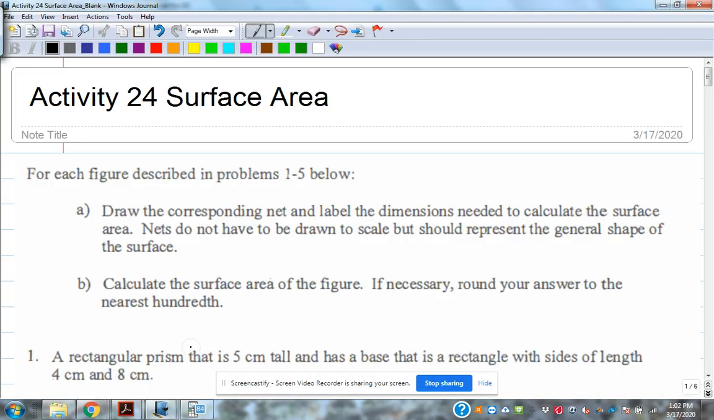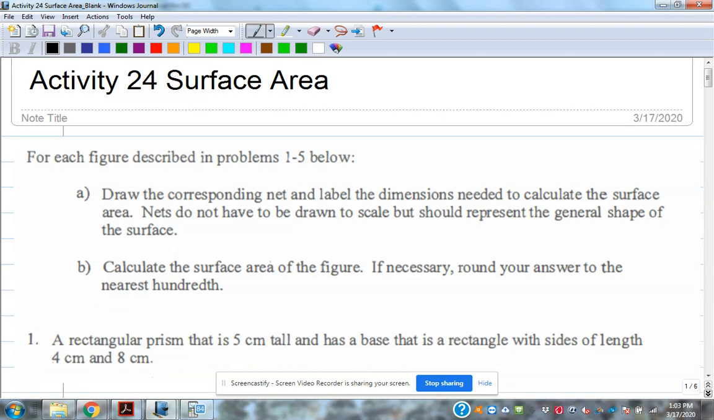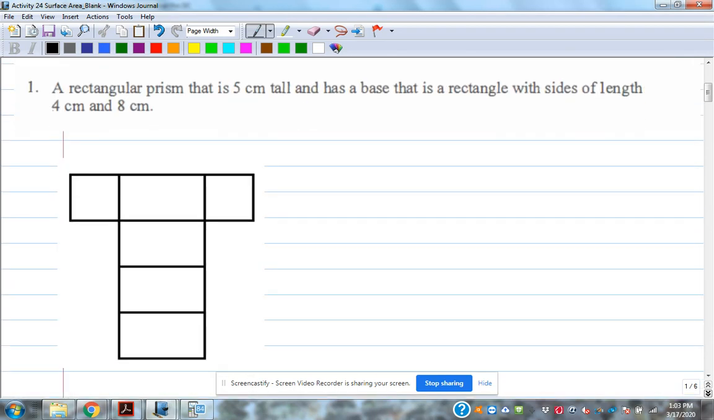All right, so with each of these problems, we're going to draw the corresponding net, and then label the dimensions that are needed to calculate the surface area. Our nets don't have to be perfect to scale or anything like that. We're just going to try to get the best we can with that. And we're going to calculate that surface area. If we have to round at any place, we're going to round to the nearest hundredths, which is 2 decimal places. All right, the rectangular prism is the first